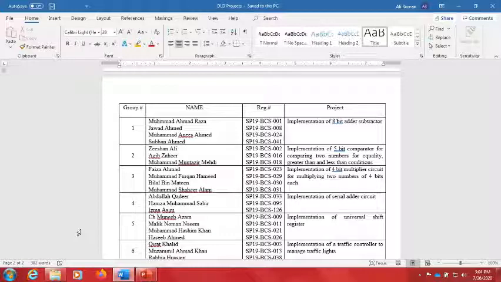The example which we have studied in our theory portion, you have to implement the same example in your lab as a project. The most important thing is how to generate the clock and how you provide the clock to your system. So your lab 6 that consists of the clock implementation will be useful for all those students that are working on sequential logic.